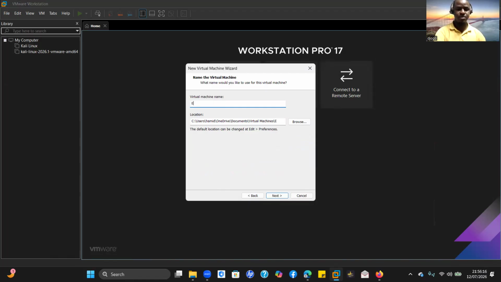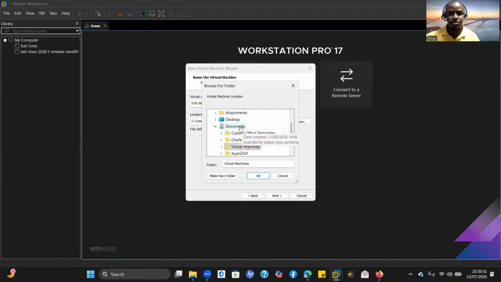I use EVNG, but it depends on you. You can use whatever you want. Here you can also leave the location as default, but I will not do it because on my OneDrive there is not too much space, and this installation is not small because it takes too much space. So it's better I browse and try to locate my installation